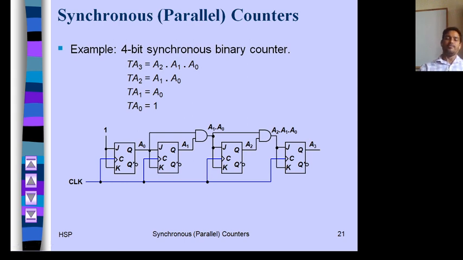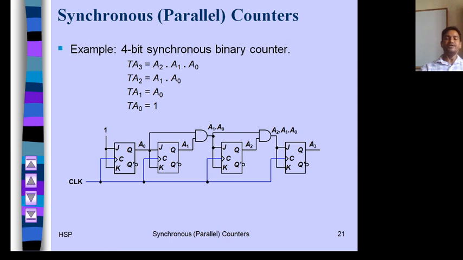You know, after every clock pulse, A0 is toggling, so it is 1. And A1 will toggle when A0 will be 1, so it is A0. A2 will toggle when both A1 and A0 are high, so A1 A0. A3 will toggle when A2, A1 and A0 are high, just like your 3-bit synchronous counter.